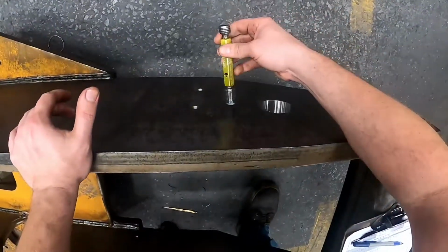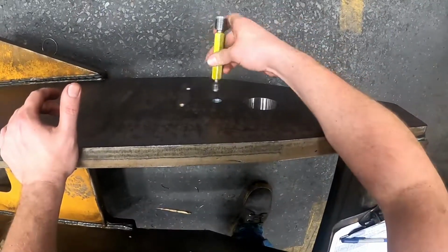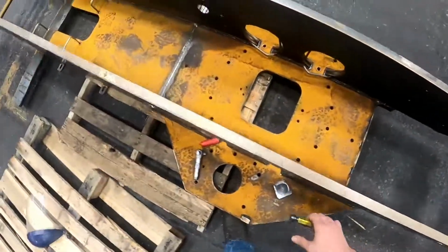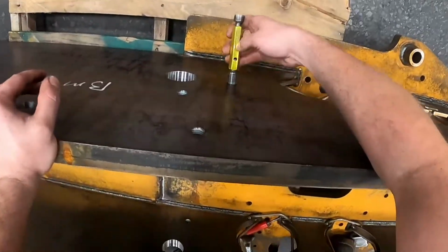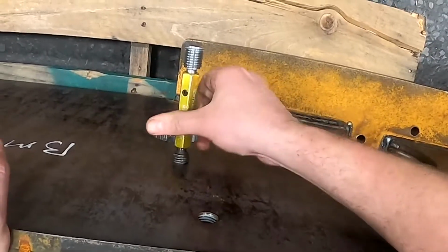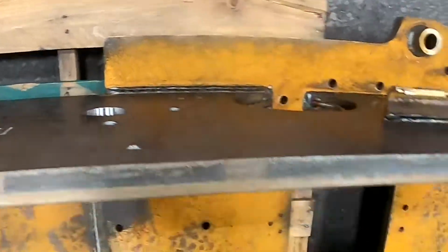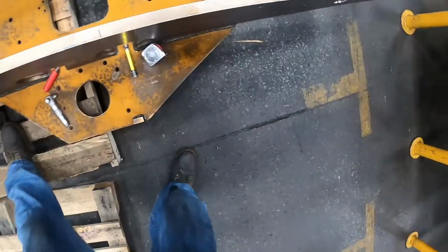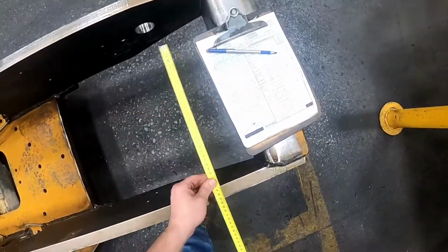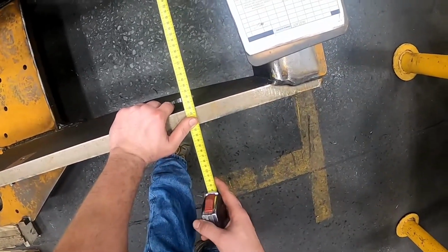This is a thread gauge. You want to check and make sure that the holes you tap are the correct threads. And then you need to measure certain points of the part. The tolerance is